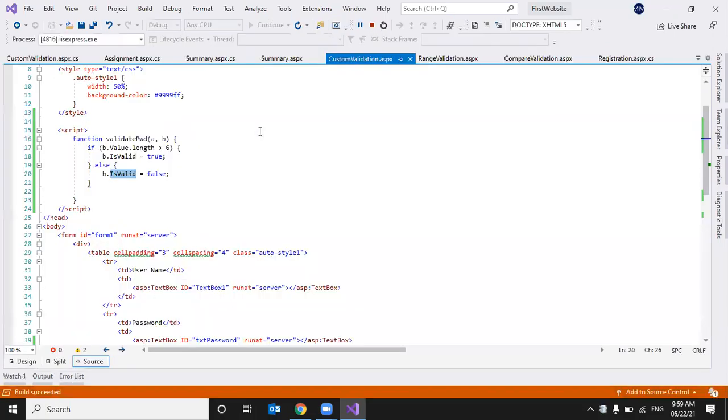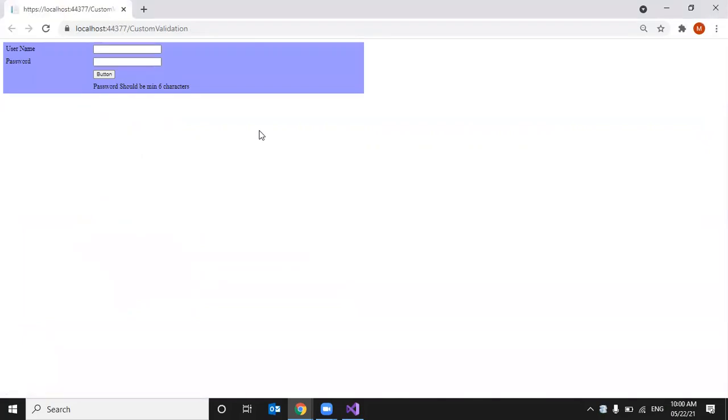Let's check whether this will work or not. The custom validator will be used to perform our own custom logic. Now I'm entering some password here. I entered only 4 letters, so it is displaying that the password should be minimum 6 characters.